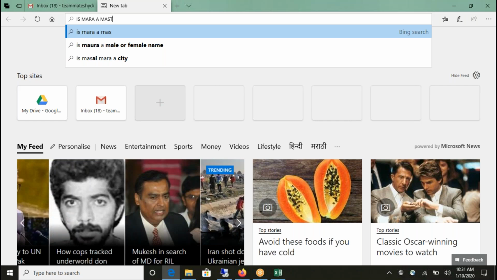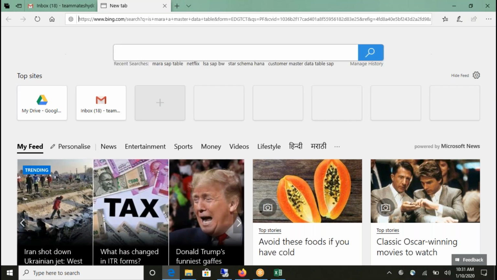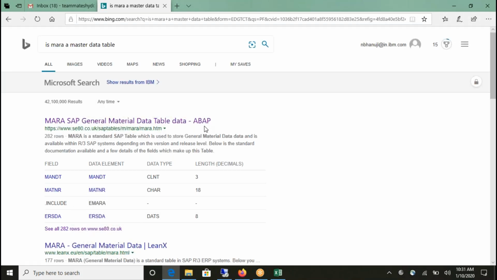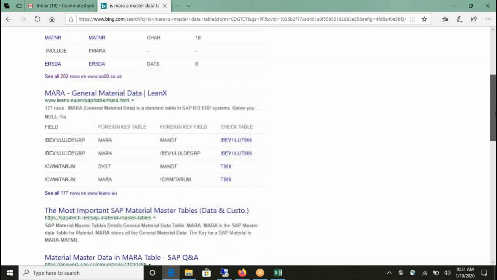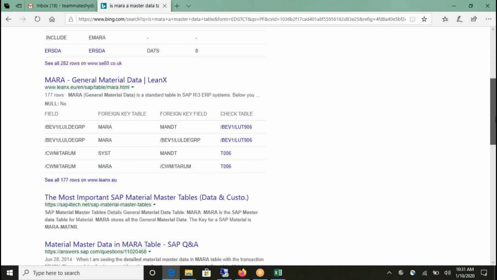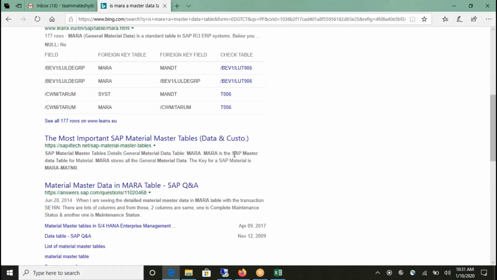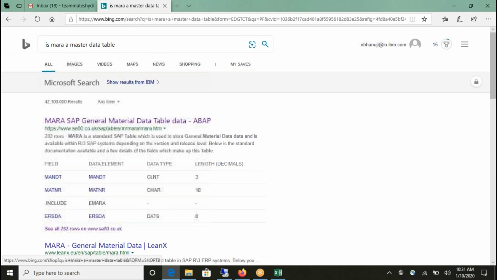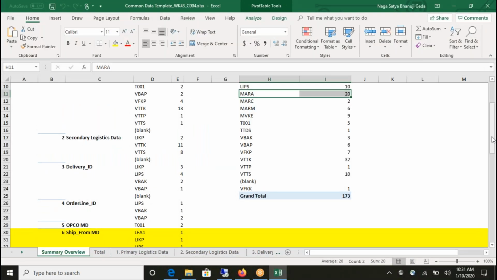Mass data table. You'll see search like this. Not identifying the proper website. Here you can say MARA is SAP mass data table for material. Generally you see it in different things. So there are a lot of websites. You search whether it's a mass data table. Most of the cases,